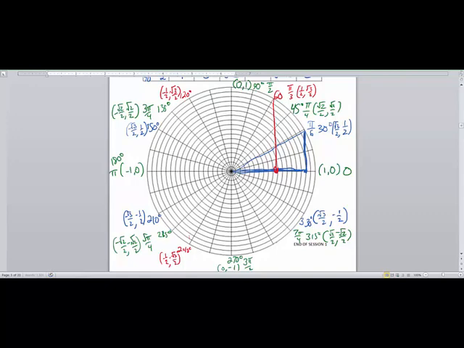And then we're going to go to this location down here, which is 30 degrees away from 270 degrees, which is 300 degrees, which gives us positive 1/2 and negative square root of 3 over 2, thanks to being in the